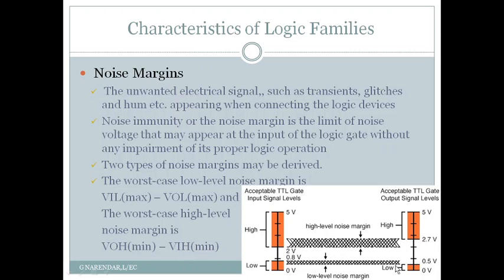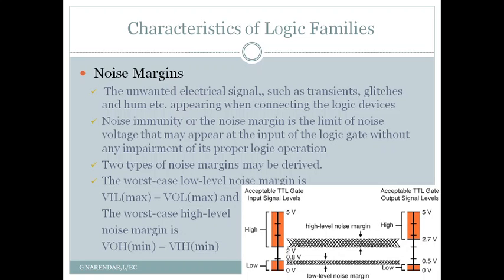Similarly, you can see at the input level the low signal has a voltage range of 0 to 0.8 volt. Similarly, the low signal at the output of a logic gate has a range of 0 to 0.5 volt. So this output should have a maximum of 0.5 volt to be qualified as a low signal,